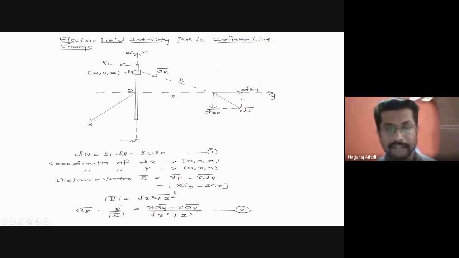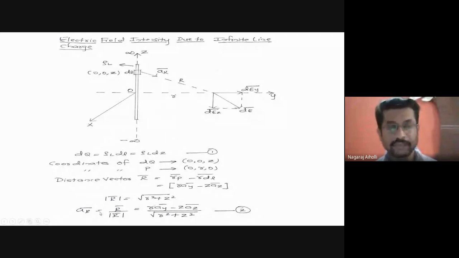Then find the magnitude of this distance vector. The magnitude of r bar is the square root of r square plus minus z square. That will be plus z square only, because if you square minus 1, it is plus 1 only. Yes or no? Hence, the absolute value of r bar is equal to the square root of r square plus z square.